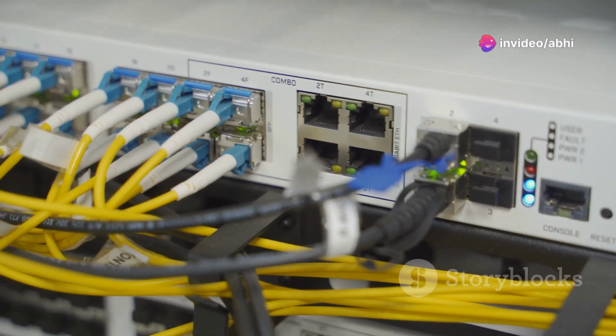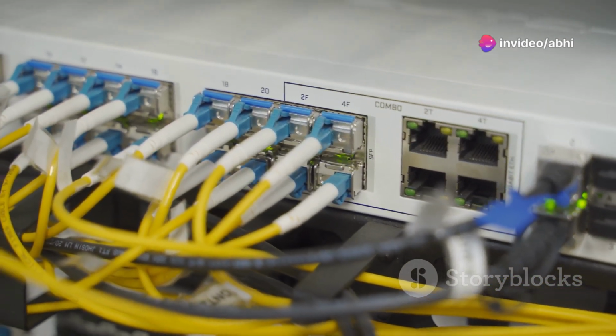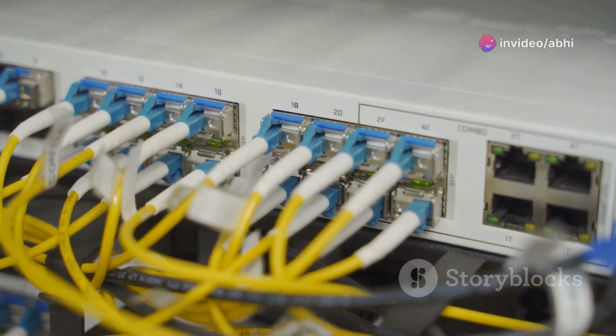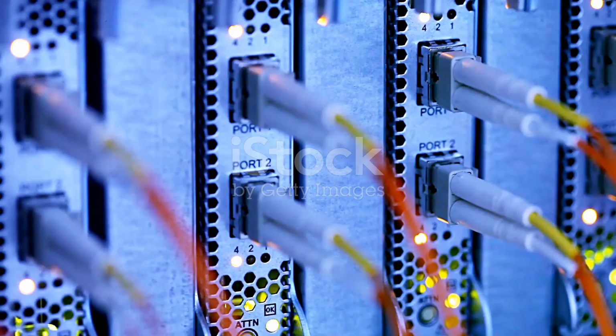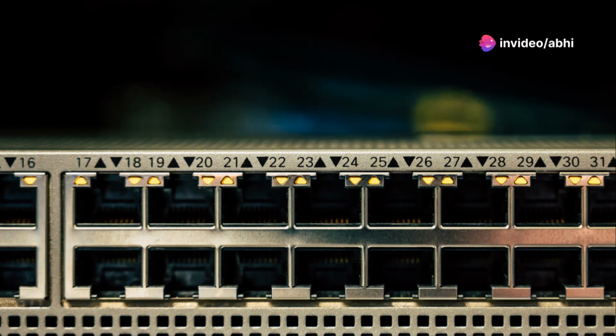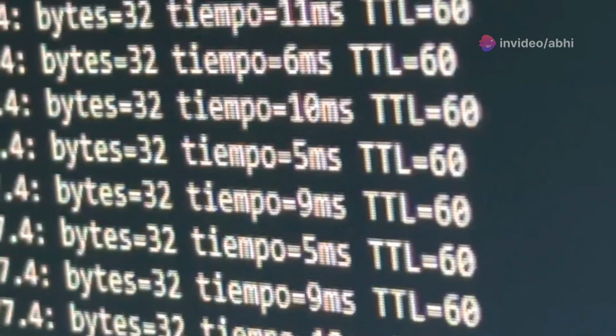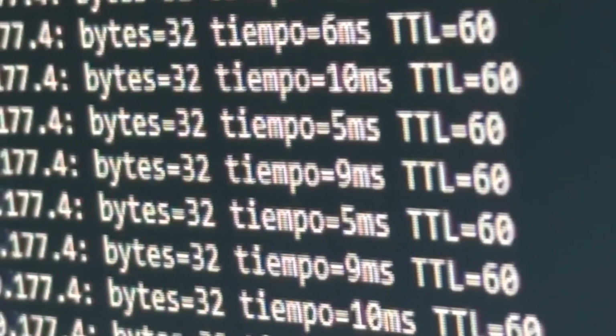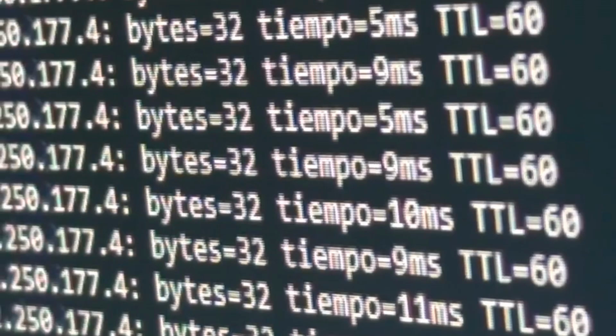Layer 4, the transport layer, ensures reliable end-to-end communication between applications running on different devices. It provides mechanisms for establishing, maintaining, and terminating connections, as well as for segmenting data into manageable packets and reassembling them at the destination. The 2 most common transport protocols are Transmission Control Protocol, or TCP, and User Datagram Protocol,